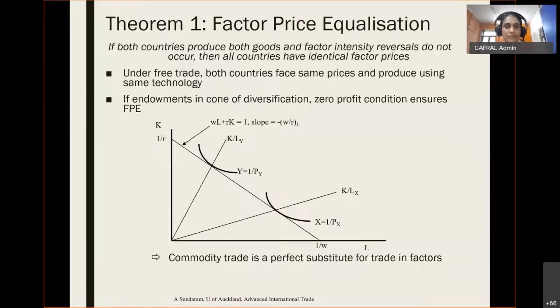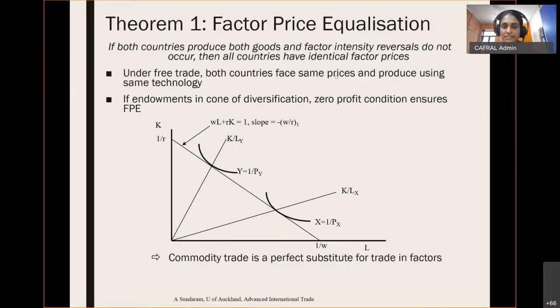Okay, so now I'm going to talk about factor price equalization, a very, very important point in trade theory. I think there was a question about this earlier. So what is the theorem on factor price equalization? It's a powerful result, right? Now, some of you might find it a bit unrealistic. We'll talk about that. But it says that if both countries are producing both goods and